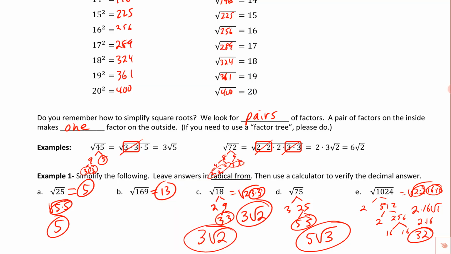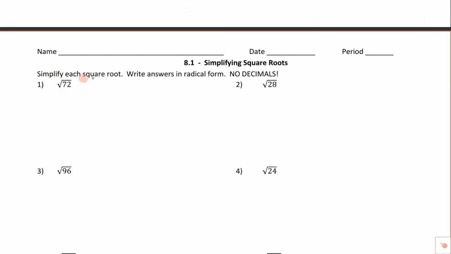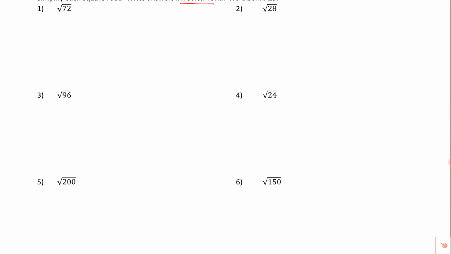All right, now let's flip over to the other side. These problems, it says simplify each square root, so a lot of these are not going to work out perfectly. You're going to have radicals in the answer, so you're going to put them in radical form. Please don't use decimals. So if we were looking at an example like number 4, we would probably do 6